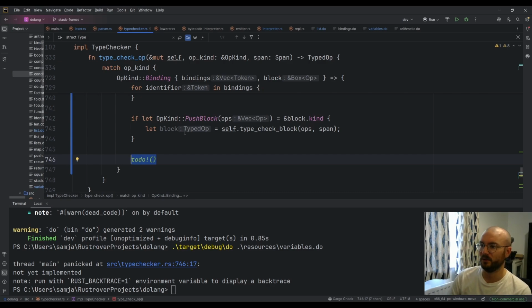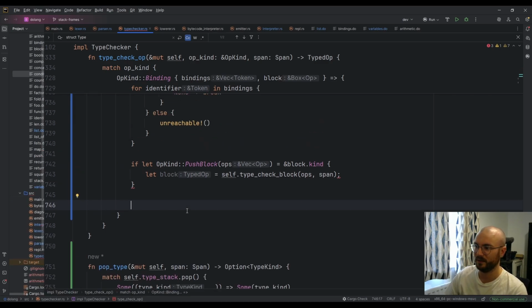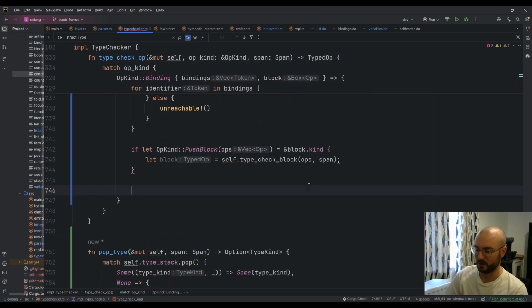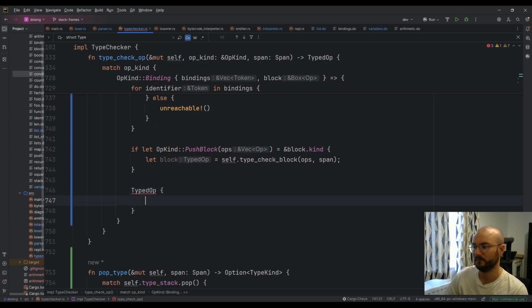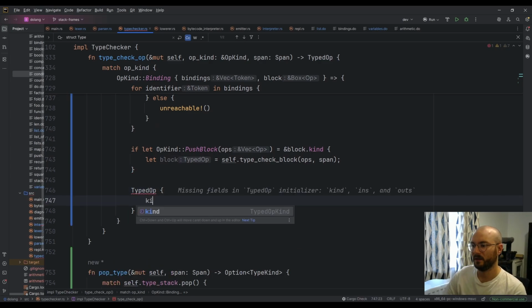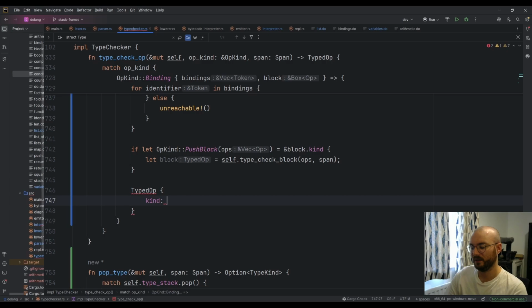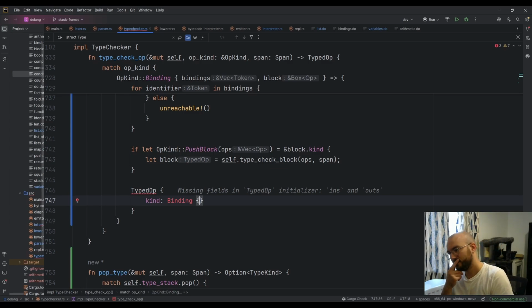So actually, what would we be returning? I guess this is its own typed op, right? So I believe you have to return a typed op. And so the kind is a binding with,